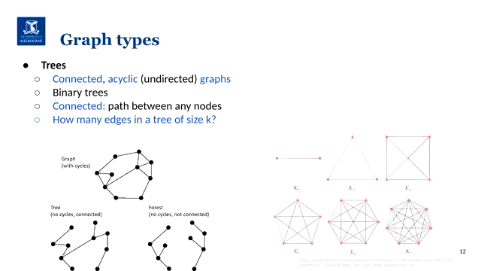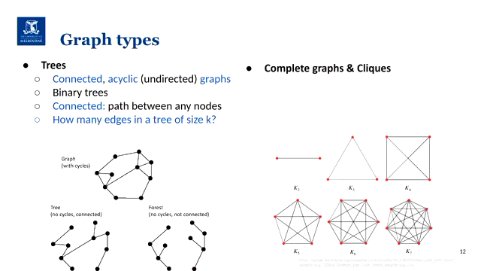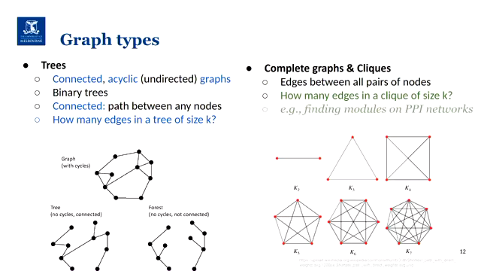And on the other hand, we have graphs that are quite dense. And one of them are complete graphs or cliques. So on cliques, we have all possible edges between all nodes. And why are these important? They're important because finding small cliques in larger graphs would denote finding, let's say, modules in PPI networks, saying all these proteins interact with each other, maybe forming a larger oligomer complex that could be important to function. So finding cliques in a graph is an important question to make.